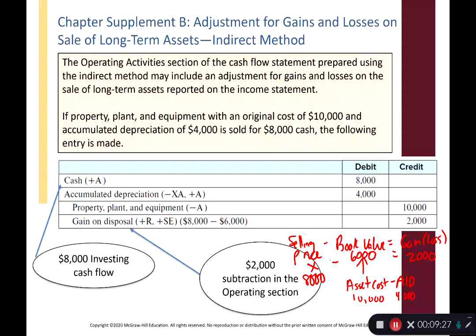So basically, if you have a gain, you take the book value, the amount of your asset that decreased, and then you add the $2,000 gain in order to get the selling price. If you have a loss, you would end up subtracting the loss to get to the selling price, which should make some logical sense, because if you have a gain, it means you got extra money above and beyond the book value that you gave up. If you have a loss, it means you got less money compared to the value of the asset that you